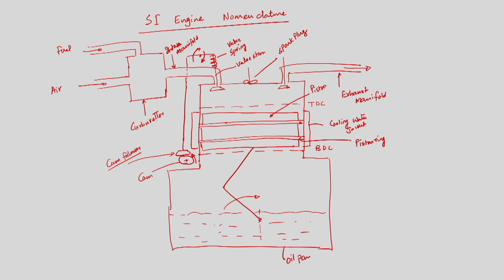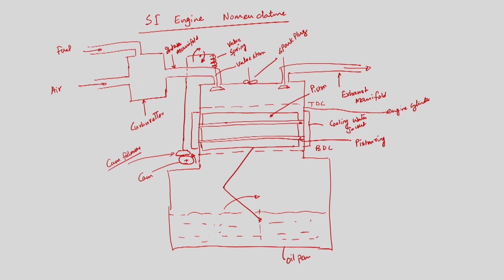Of course, this is the engine cylinder. There will be reciprocating motion of the piston within the engine cylinder, which is converted to rotary motion by means of the crank and connecting rod mechanism. This is the oil pan, and here we have lubricants. This is essentially attached to this